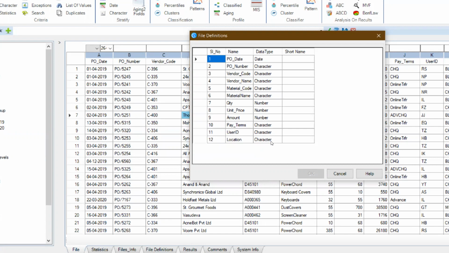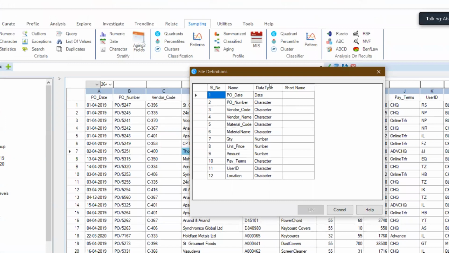Not only that, I can also do a day-wise analysis, week-wise analysis, month-wise analysis, so that I can compare. Let's say, for the GST input credit, I would like to group them together as per the month. I can get this data based on the PO date.